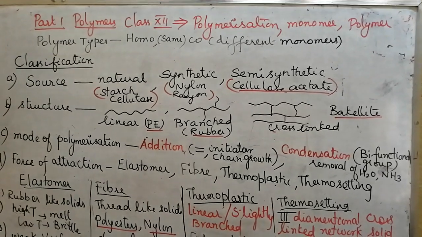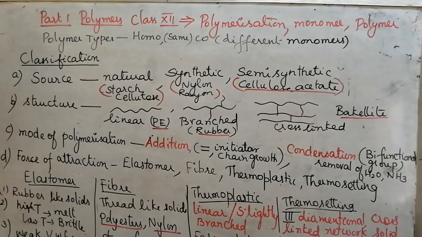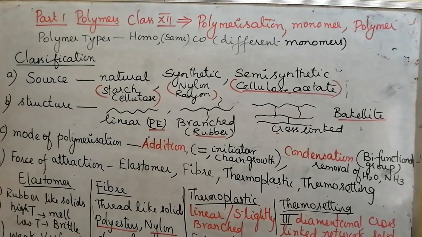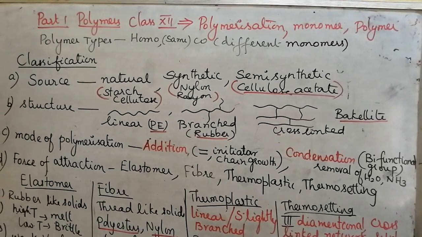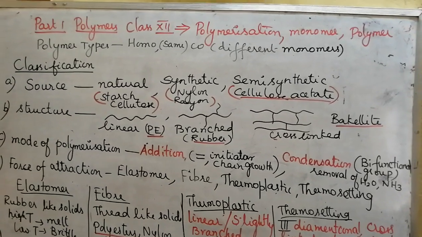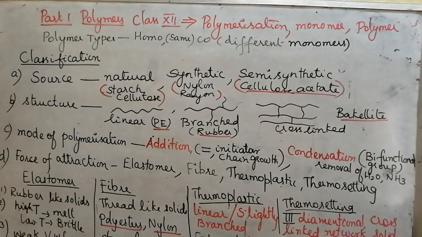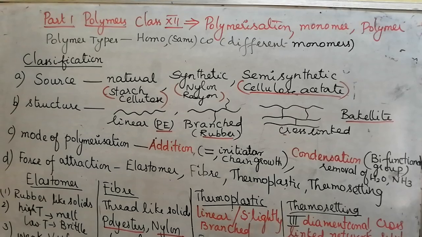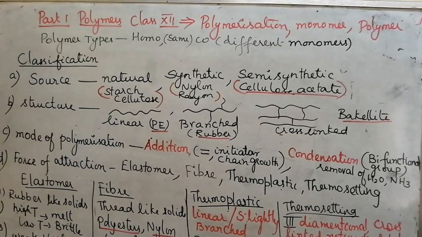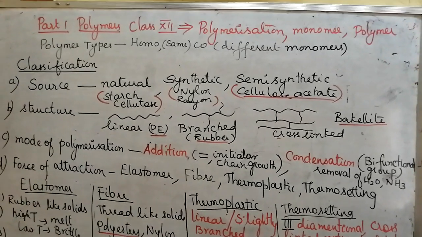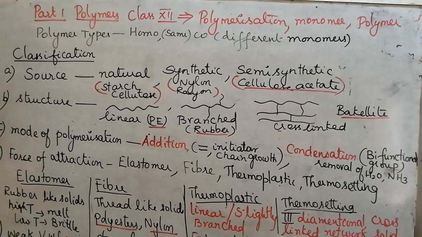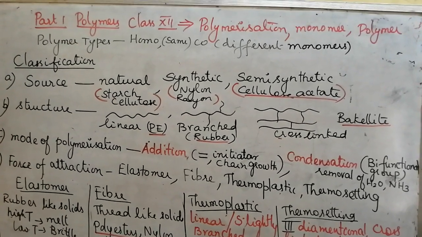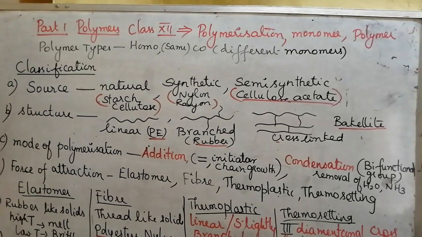Now we are going to see the first part of the chapter polymers. Before knowing what is polymerization, monomers and polymers, you might have seen people tying flowers and getting the garland. How many flowers will be there in the garland? 50, 500, 5000, 50,000, 1 lakh, depending upon the length of the garland. Am I correct? The flowers also can be of the same type or different type.